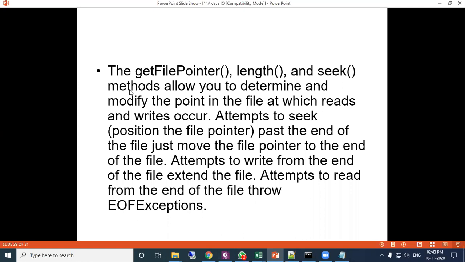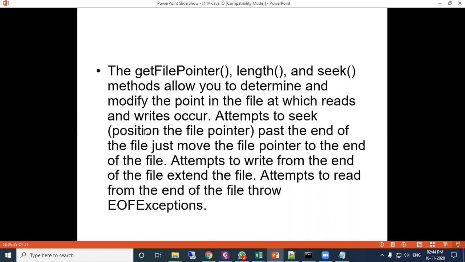These are the three methods which are mainly used to know the file pointer, where it is currently present, and what is the length of the file. Seek means to move to a particular point in the file. These three methods allow us to determine and modify the point in the file at which read and write occurs. If you want to read or write, then you can do that.